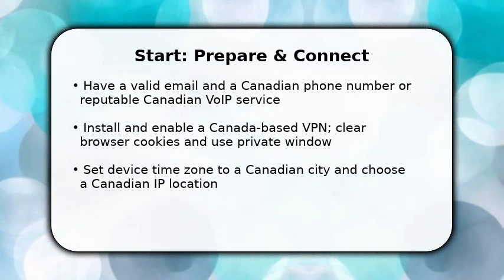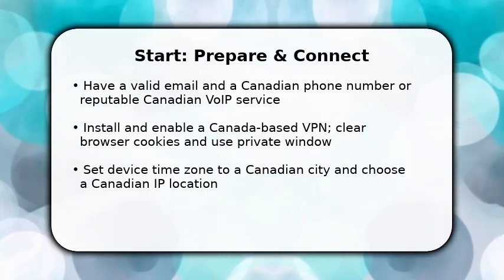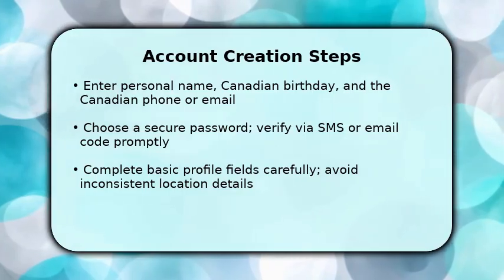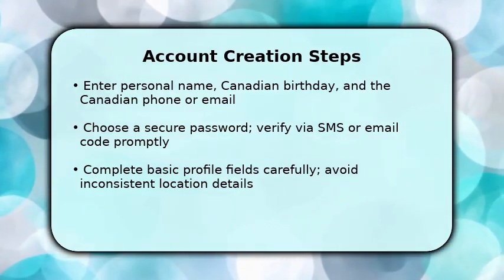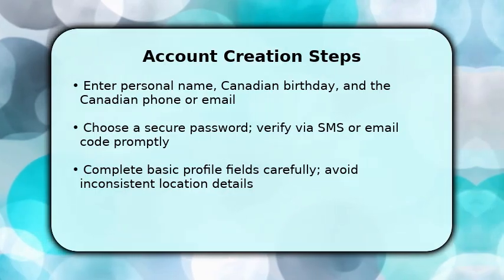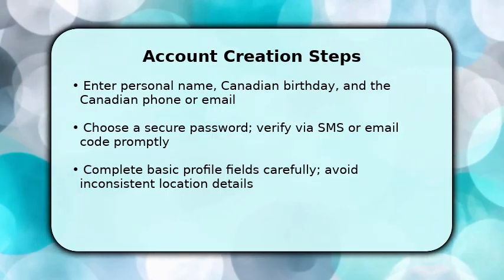Now complete the form carefully. Type your real name and a birthday that matches ID formatting, then add the Canadian phone number or email you control. Choose a strong password and request the verification code. Enter it immediately. Make sure the VPN stays connected to the same Canadian IP during verification and avoid switching locations